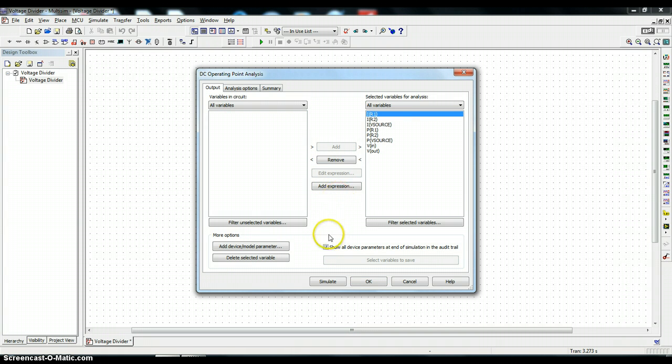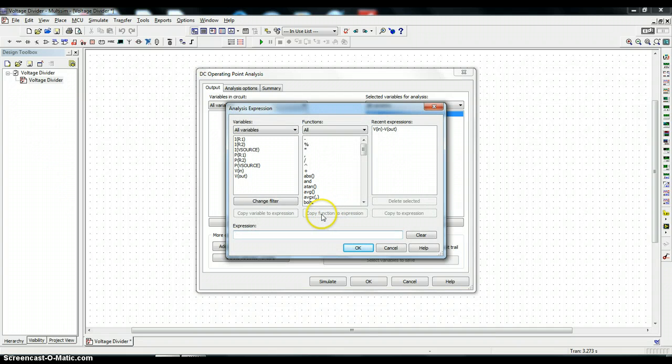As a matter of fact, you can add certain kinds of mathematical expressions by simply clicking on this one here, add expression. Now, we've just about got everything in the circuit covered, but one that's not been covered is V of R1. But what we will do is write an expression to illustrate how you can do an algebraic expression. I'll put V of N, that's the voltage on the input node, minus